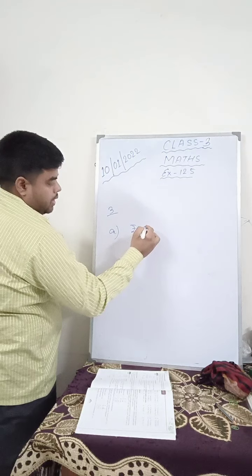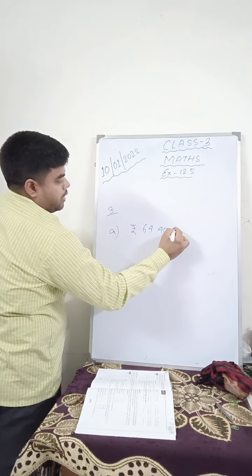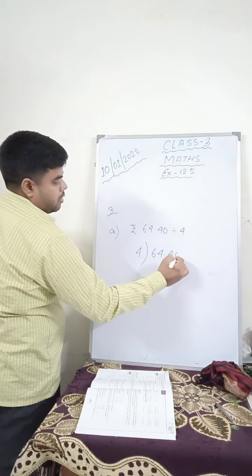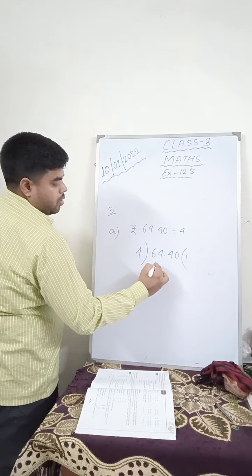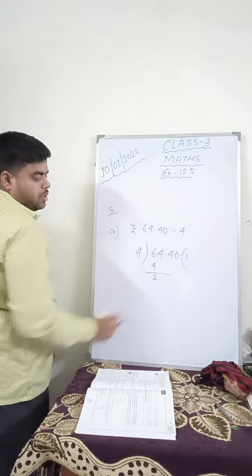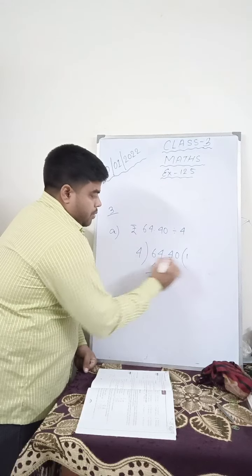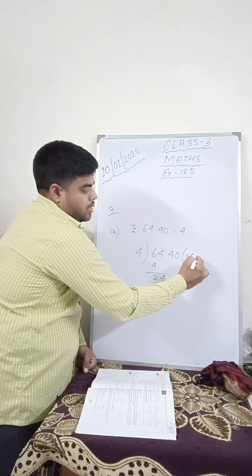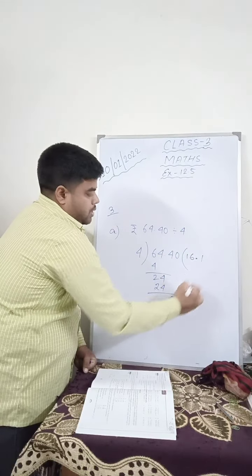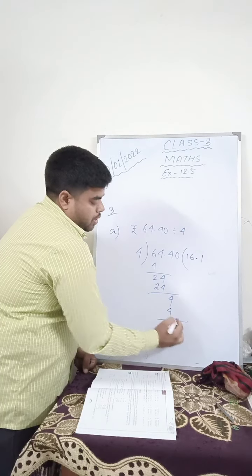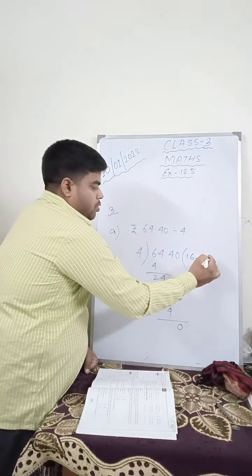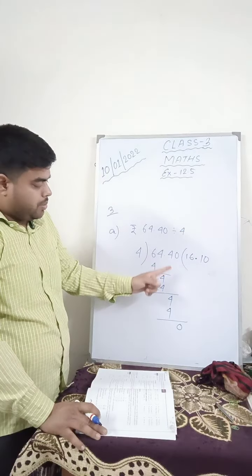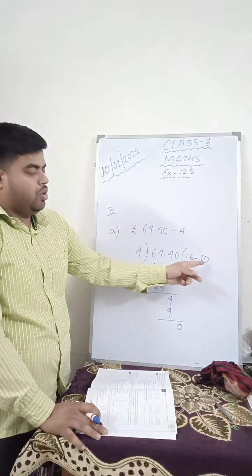Rupees 64.40 divided by 4. Let us divide. 4 ones are 4, 2 comes down, then the next digit 4, 4 6s are 24. What can you see? The decimal. Straight away it goes and sits here. 4 comes down, 4 ones are 4, 0 comes down. It is not divisible by 4, so you have to put a 0 here, because when a digit comes down from the dividend place and it is not divisible, you have to put a 0 here.